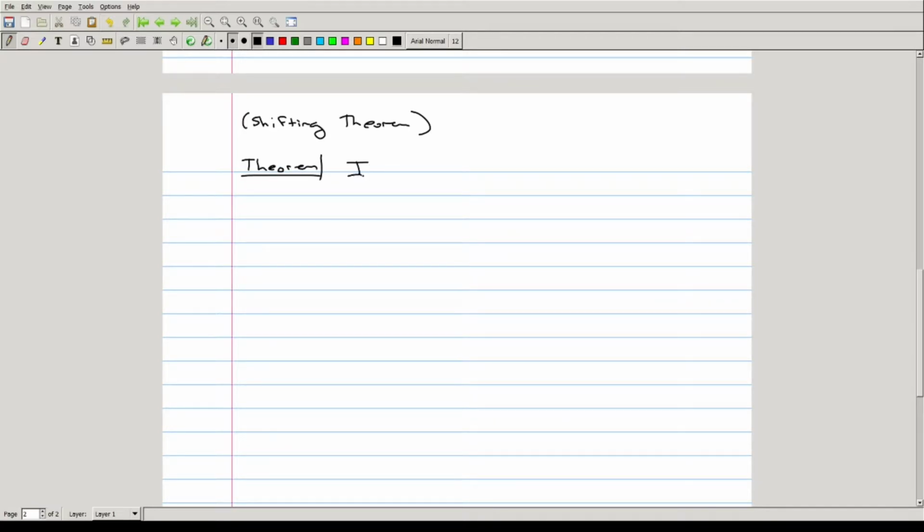So the theorem says that if y is a solution of that autonomous first-order differential equation on some interval from a to b,